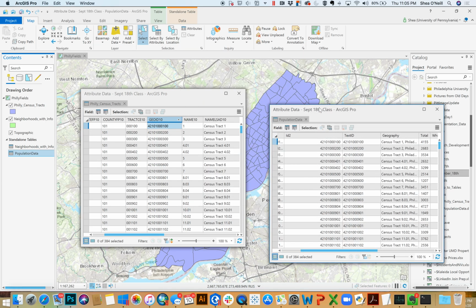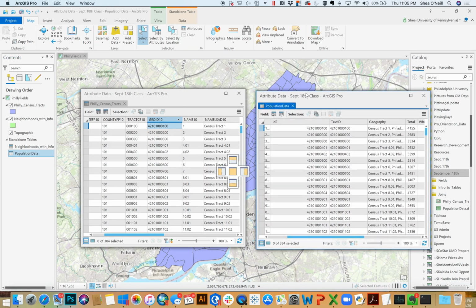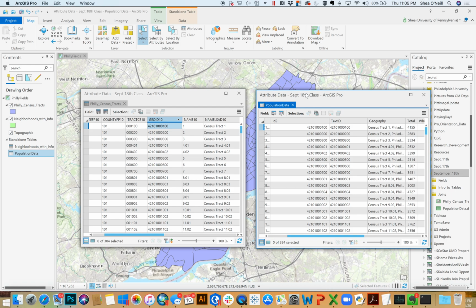So I purposely set this up like this because I wanted it to require this step, because this is frequent, right? You may find two fields that look identical, that look like they have matching values, but there's something missing or something wrong with one of them, and you need to do a step like this to ensure that they match. So now that I know that they will,